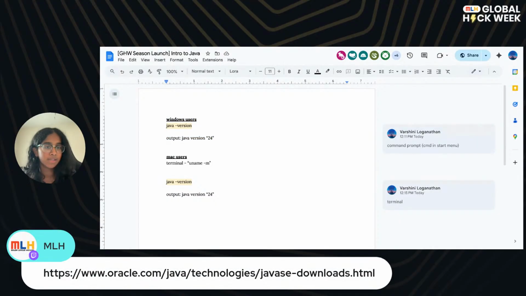Go to this link and download the Java version depending on what computer you have. If you've got Windows, follow the installation instructions on the Windows tab. If you've got Mac OS, follow these installation instructions on the Mac OS tab. And then I've got prompts that you should be running in either your command prompt if you're Windows or terminal if you're a Mac, to make sure that you have that downloaded. Hopefully that helped. Let me know if you're confused. We're just downloading Java right now.